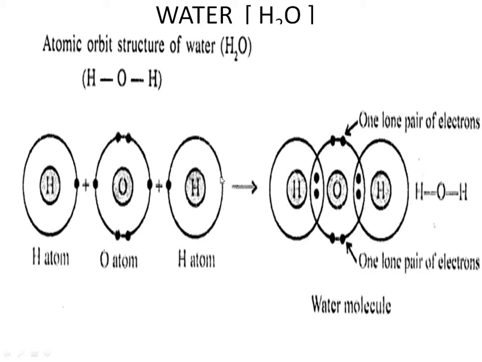Now, how the sharing of electrons takes place, we'll see in this diagram. See on the right hand side, here oxygen, when you count 1, 2, 3, 4, 5, 6, 7, 8. So it is getting 2 electrons from 2 hydrogen atoms. So now it has been stabilized by getting the nearest noble gas neon configuration and obeying the octet rule. When you come to hydrogen, 2 electrons here, and the same way this hydrogen also has 2, so it is obeying the duplet rule. The nearest noble gas is helium for hydrogen. So both have been stabilized by sharing the electrons.